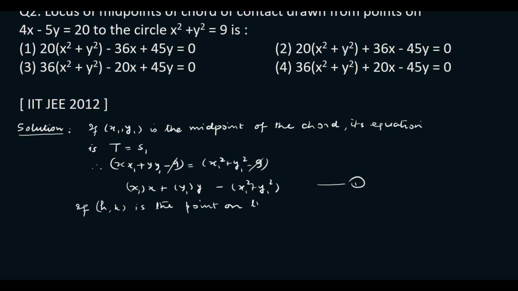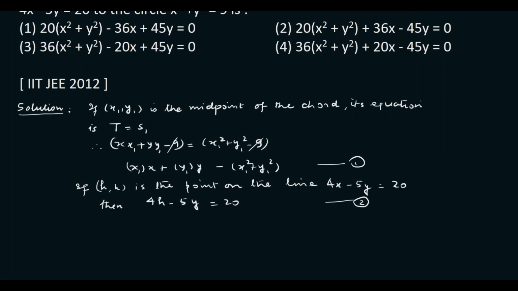Now let (h, k) be the point on the line from where this chord is being drawn. So it will satisfy the equation 4x minus 5y equals to 20. So this way we get one more equation relating h and k: 4h minus 5k is 20. Now the next step will be